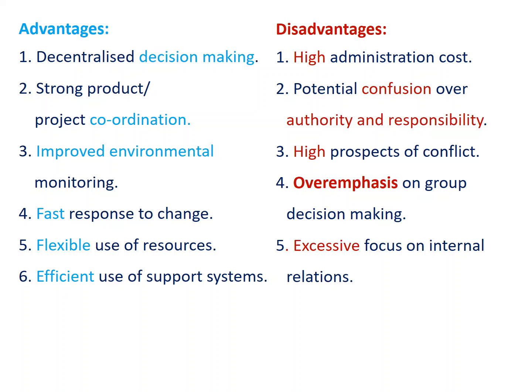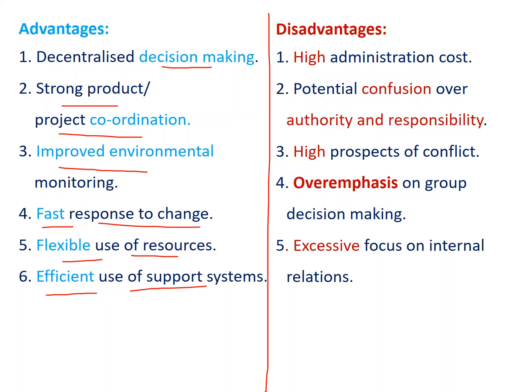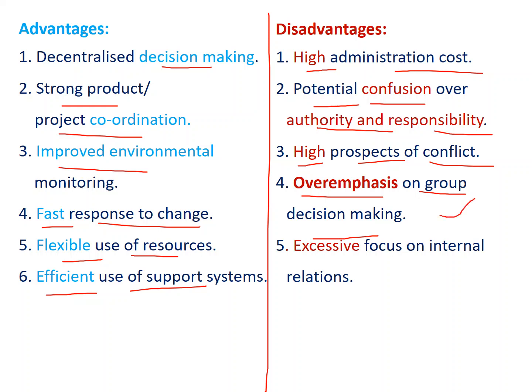The advantages of matrix organization: decentralized decision making, strong project coordination, improved environmental monitoring, fast response to change, flexible use of resources, efficient use of support systems. Also, there are some disadvantages: high administration cost, potential confusion over authority and responsibility, high prospects of conflict, overemphasis on group decision making. The individual will not take part in group decision making, overemphasis, the excessive focus on the internal